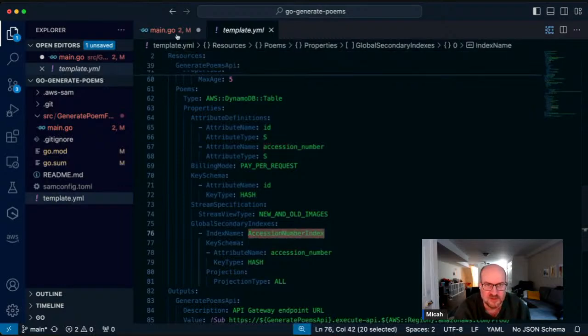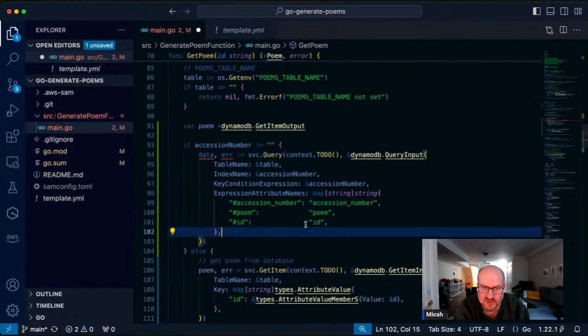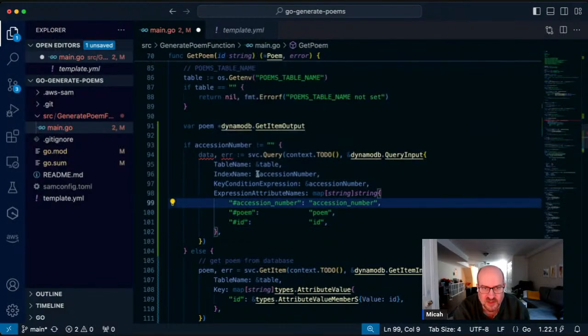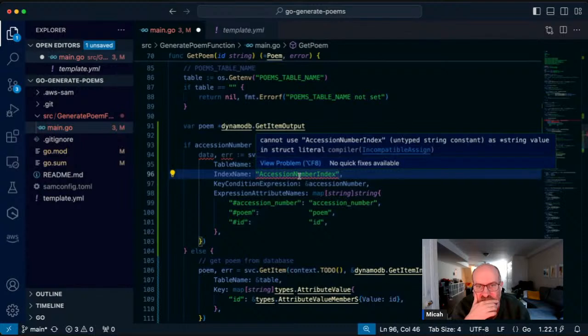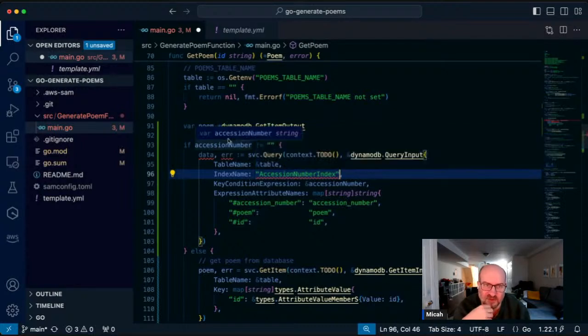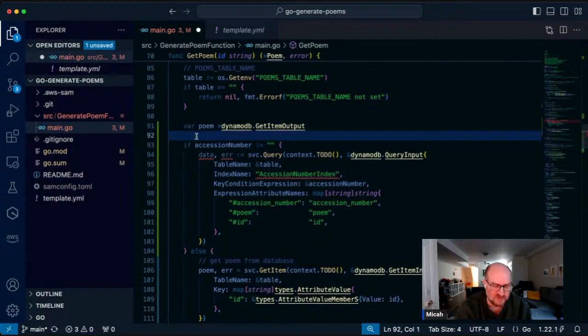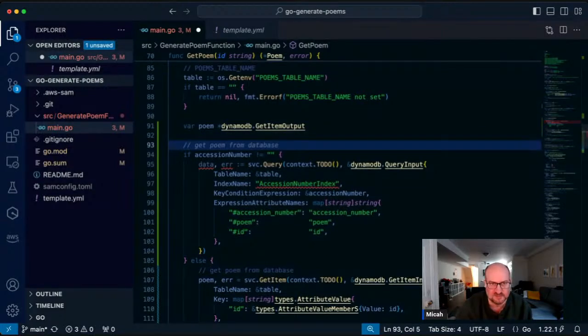All right. So just to keep moving, I'm going to hard code that thing here. So index name should actually be accession number index. Oh, yeah. Okay, so this is one of those funny things in Go.